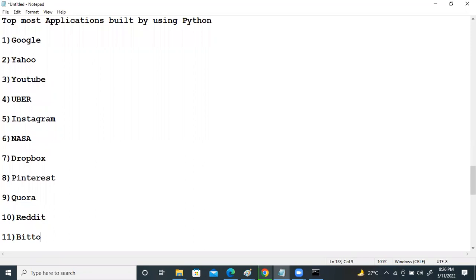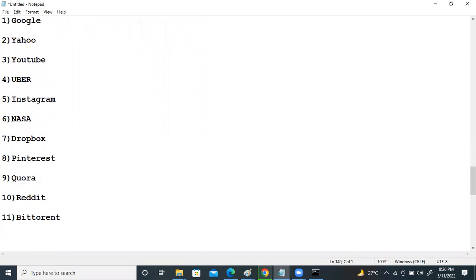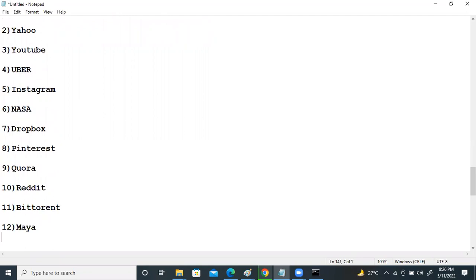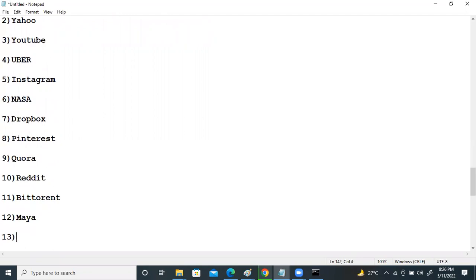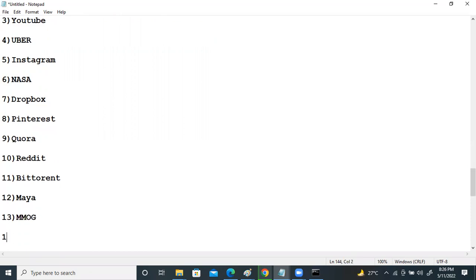BitTorrent uses Python for its file sharing service, and Maya, a powerful 3D animation tool, uses Python scripting. MMOG, massively multiplayer online games. Yes, Netflix uses Python for its security automation and for subscription purposes.